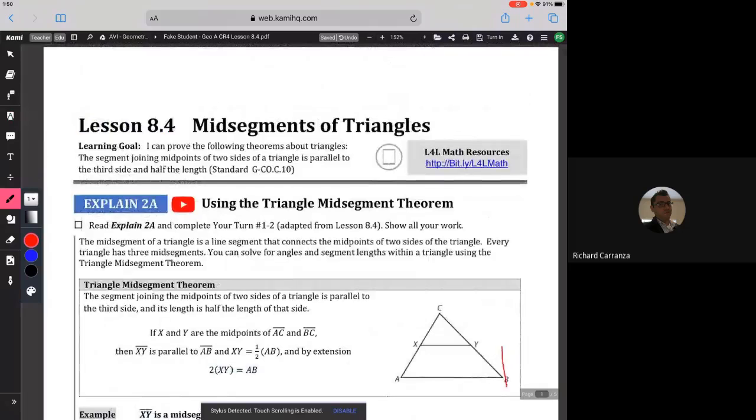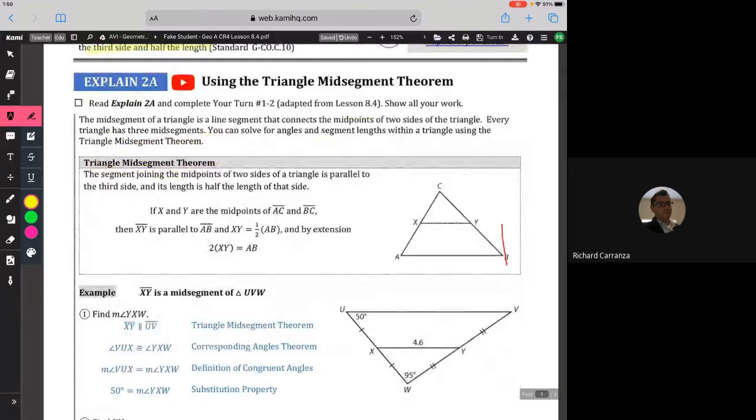So in lesson 8.4, we're going to learn mid-segment of triangles. The lesson goal: I can prove the following theorems about triangles. The segment joining midpoints of two sides of the triangle is parallel to the third side and half its length. So what this theorem is saying, the triangle mid-segment theorem, it's saying that if x and y are midpoints of each of their segments respectively, so basically x is the middle of AC and y is the middle of CB,